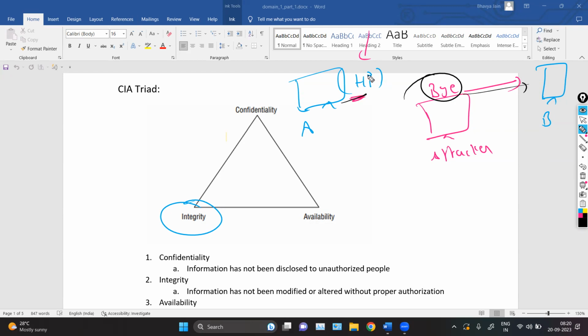So the sender is sending and the attacker modifies the message in the middle, and this is unauthorized modification, right? Unauthorized alteration of the message. So we are violating the integrity. Basically, in integrity, we are ensuring that no one can modify a message in the middle, no unauthorized modification, except the authorized user. A and B both are authorized users, but the attacker is an unauthorized user.